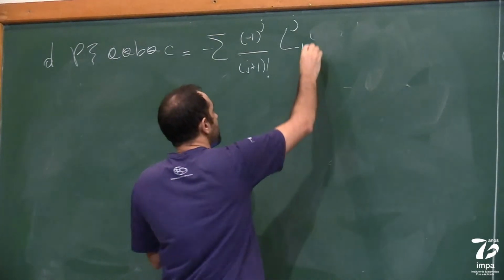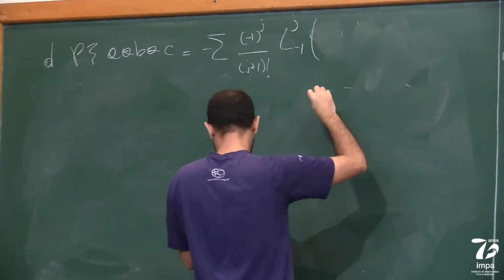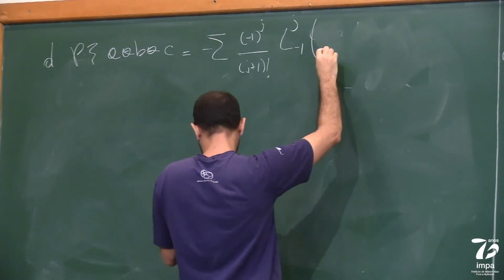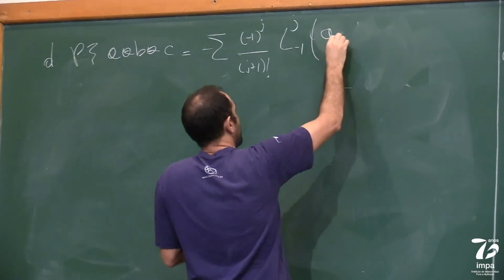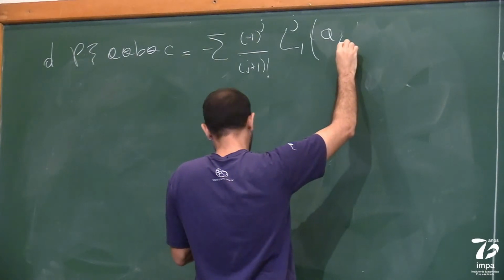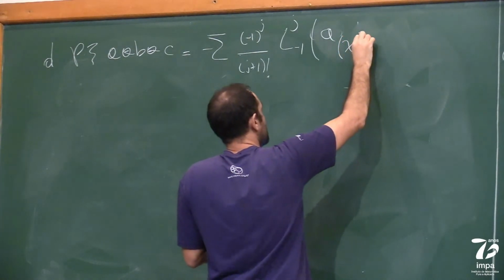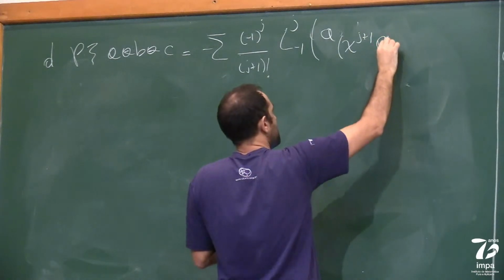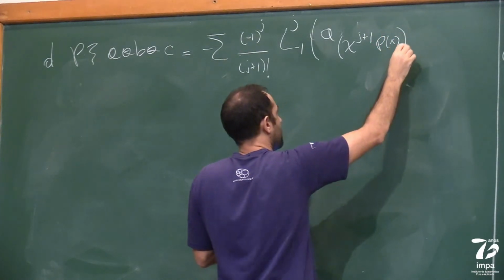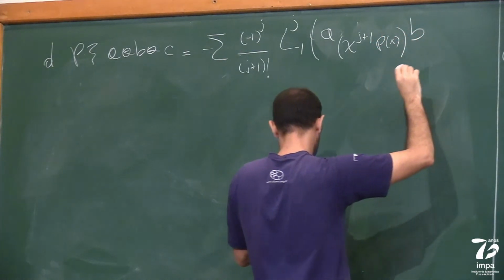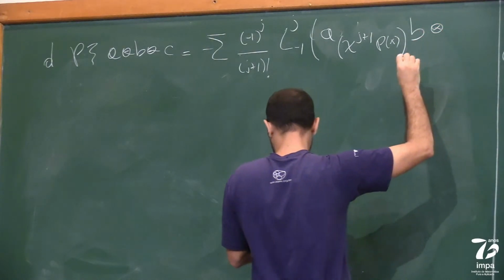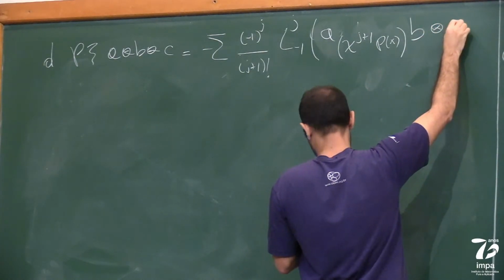Okay, that's why I never use notes. So this is L minus 1 to the j of the product of x to the j plus 1 p of x, B tensor C